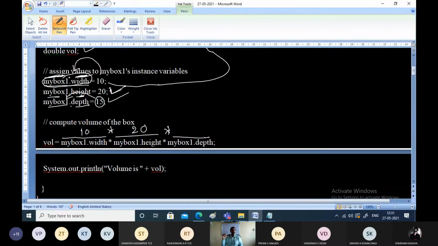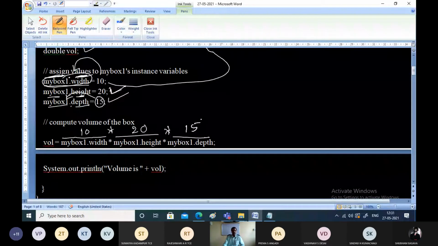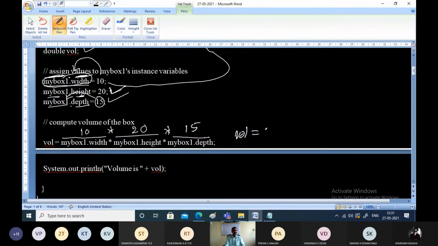Now when you multiply all these three, 15 into 10 is 150, 150 into 20 is 3000. What is the volume? The calculated volume is 3000, and we simply print that 3000 in the next line. What are we printing?